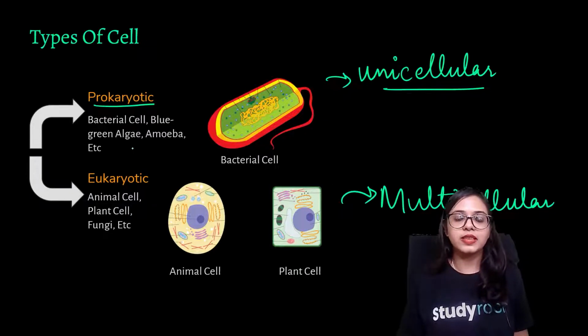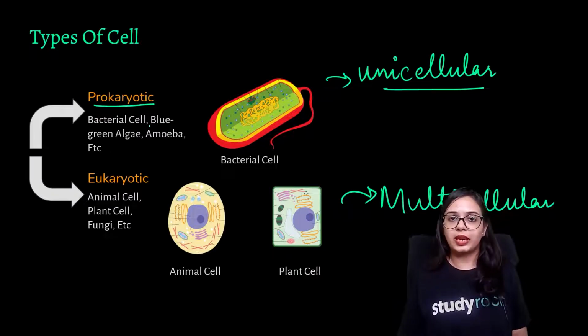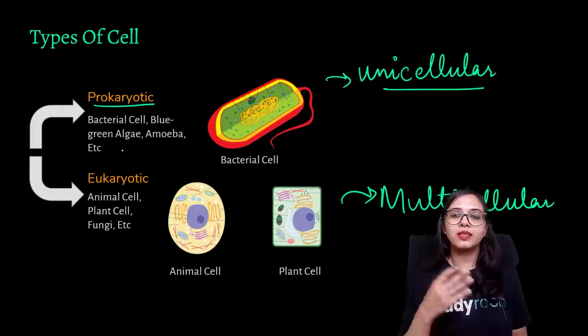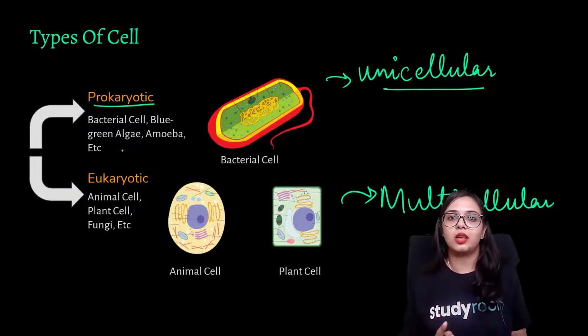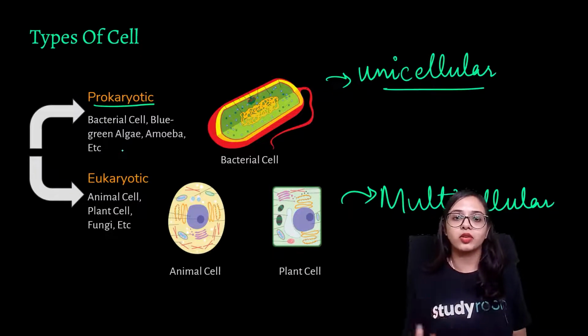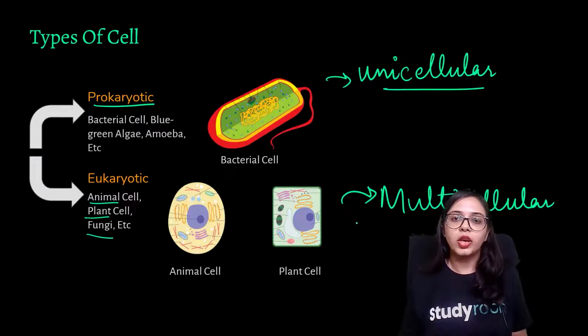So prokaryotic cell, this is found in bacterial cell, amoeba, algae, all these entities, they can function, their whole existence functions just on one cell. Okay, and that cell is prokaryotic in nature, whereas eukaryotic cells, we have animals have eukaryotic cells, plants have eukaryotic cells, even fungi, they have eukaryotic cells. All these make up the multicellular organisms, and the difference between prokaryotic and eukaryotic cells is that prokaryotic cells,